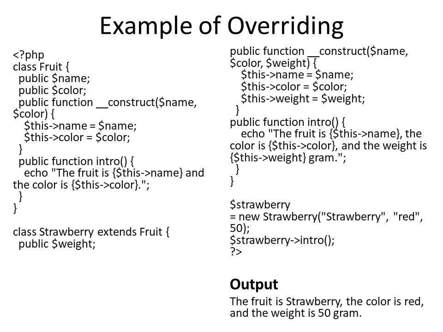So here we change the behavior of a parent class method, because normally a parent class method gets inherited in the derived class and that method will get automatically called. But here we have the same method in the base class as well as the derived class. So by method overriding we have changed the behavior of the parent class. In the output we are getting: the fruit is Strawberry, the color is red and the weight is 50 gram.